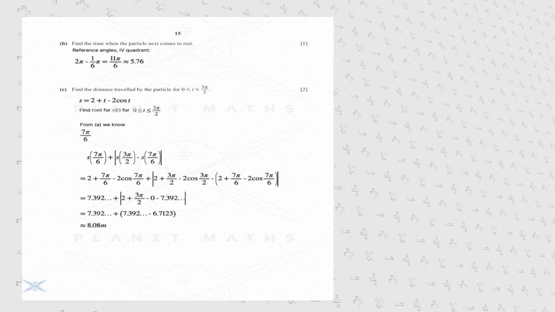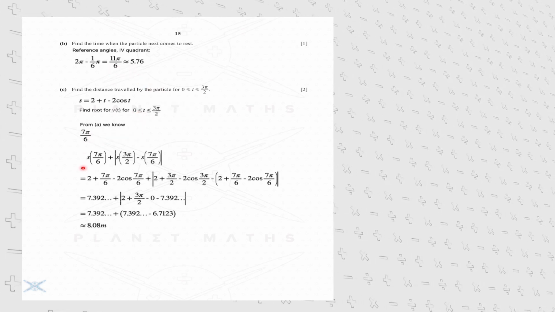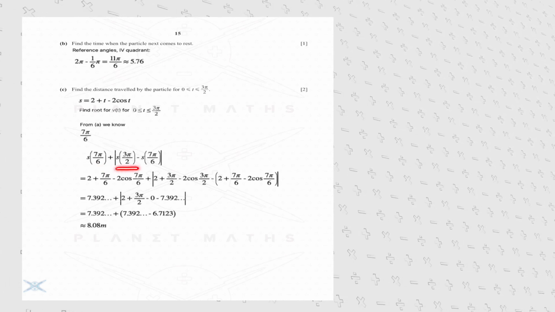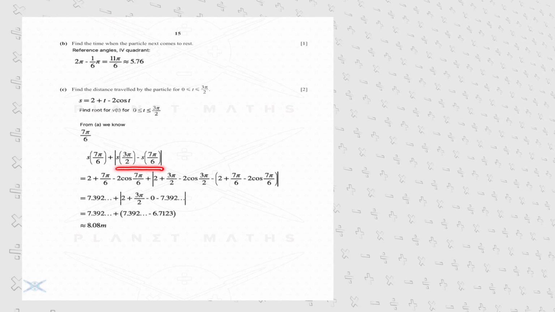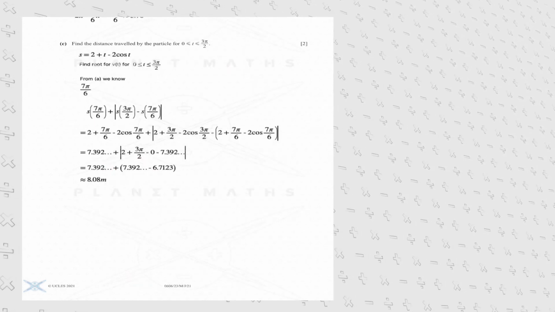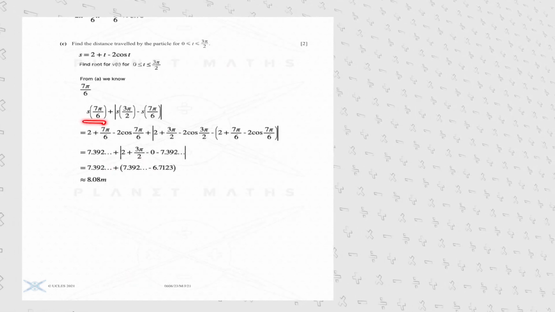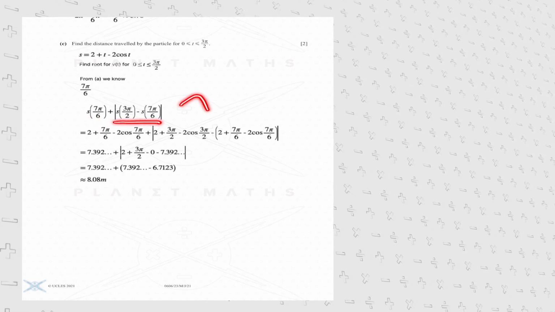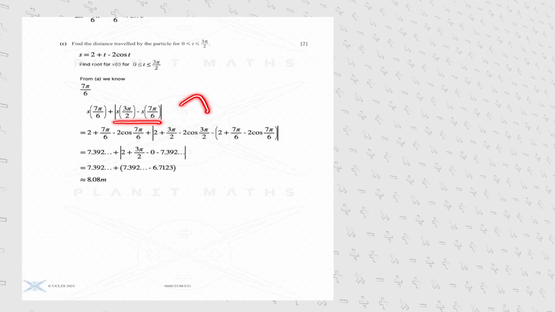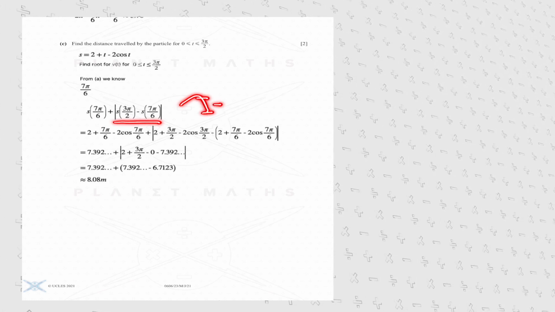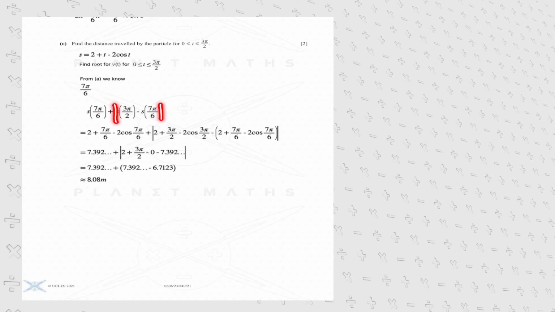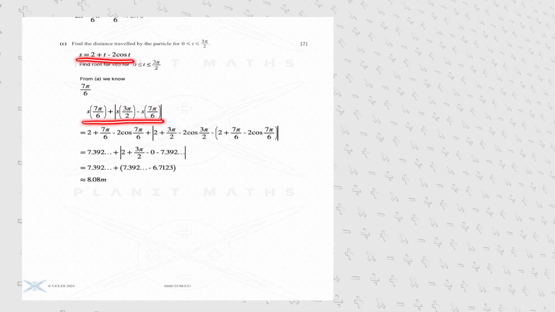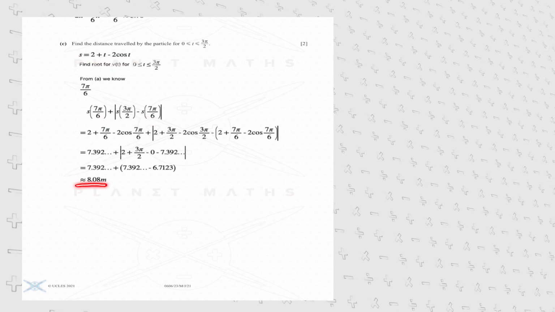So the distance traveled can therefore be calculated by adding s of 7 pi over 6 plus the absolute value of s of 3 pi over 2 minus s of 7 pi over 6. The reason for that is that the particle comes to a standstill after 7 pi over 6 and thereafter travels in the opposite direction, meaning it's falling down. Since this difference would provide us with a negative value, we will have to find the absolute value of this difference. Plugging in all of those values for t into that function will let us conclude that the distance traveled is